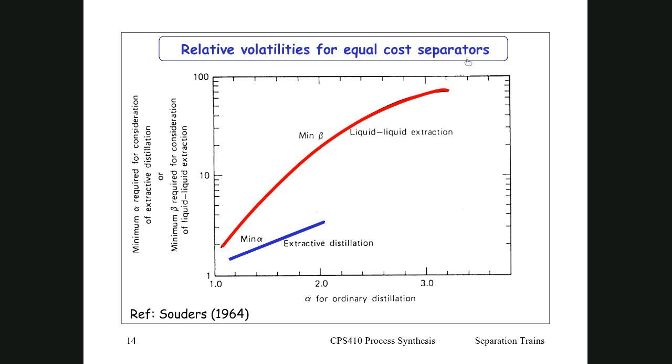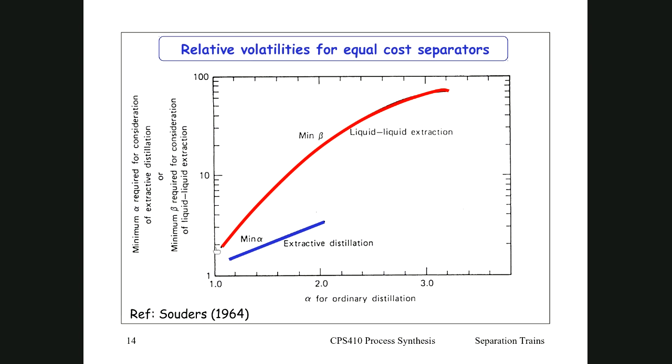So if we start on the x-axis, looking at ordinary distillation, and we've got, for a certain separation, an alpha, a relative volatility, of 1.4, how much must the relative volatility be in extractive distillation for it to be financially viable to rather do extractive distillation? So here's an equal cost separation. We would need approximately 1.9